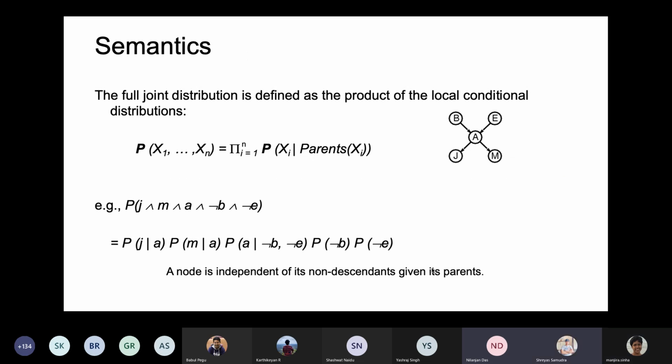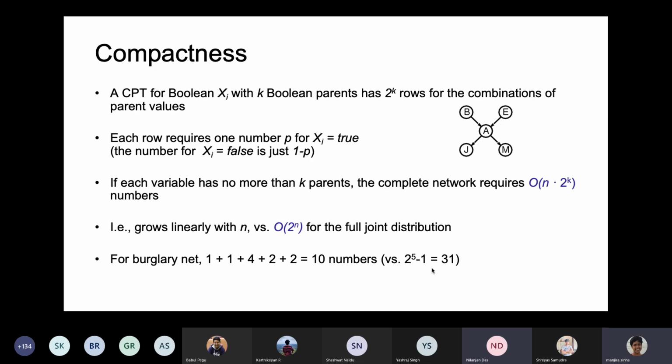Now, ma'am, can you explain the second point again? Which one? Tell me. The second one. This one, right? Each row requires... Yes, yes. So what we are saying,